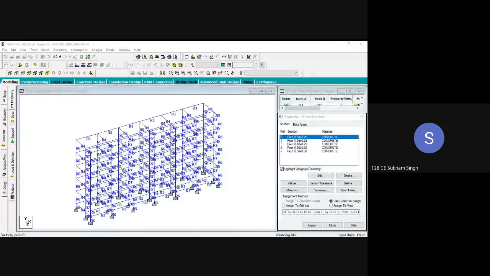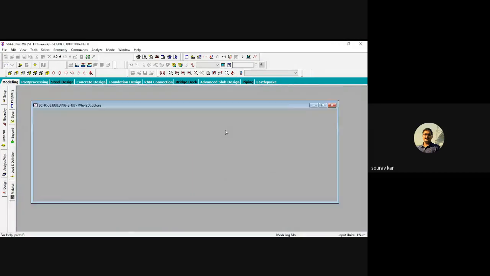So 790,569. I have changed the Young's modulus, Poisson's ratio, and all these things. So we will save the change in the STAAD editor, and I am closing.